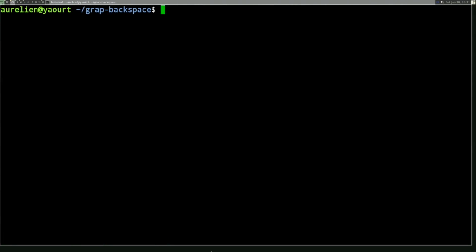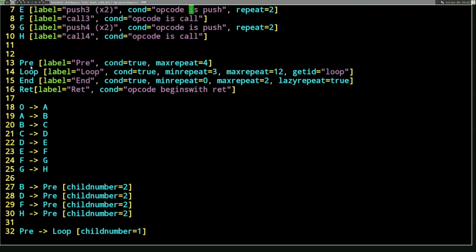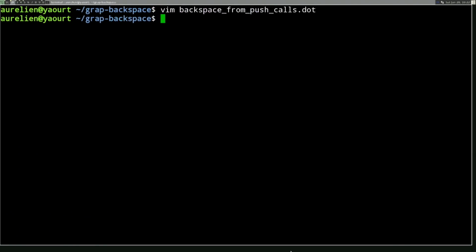So what I did was this pattern. I ask that we find something with two pushes, then a call, then again two pushes, another call, 4 times. And they all point to a function that has a first basic block, then a loop, then an end basic block, then a return instruction. And what I say here is that I'm only interested in getting the loop. So I say get ID, I set get ID only on the loop node. So I'll show you how it looks